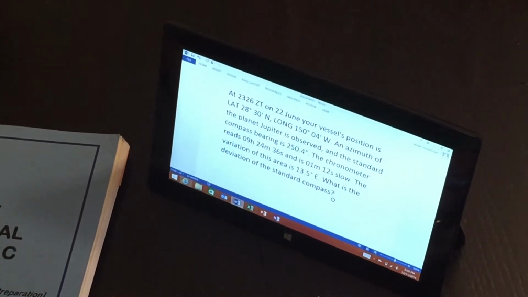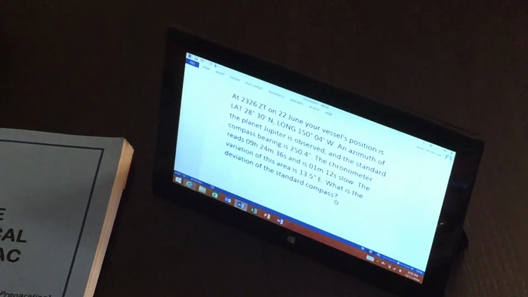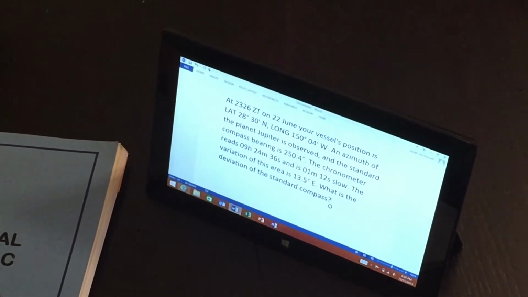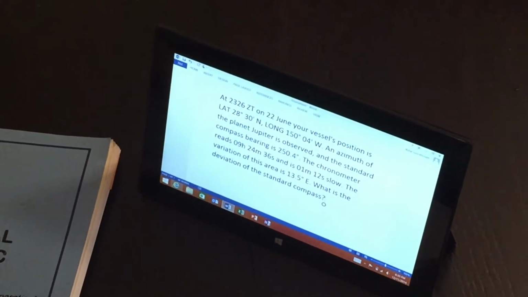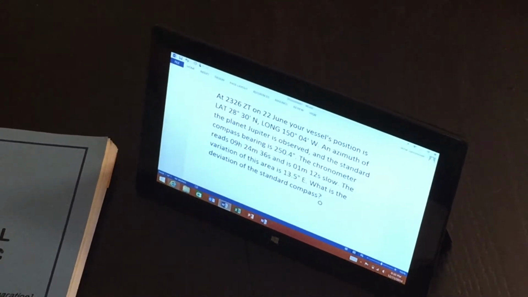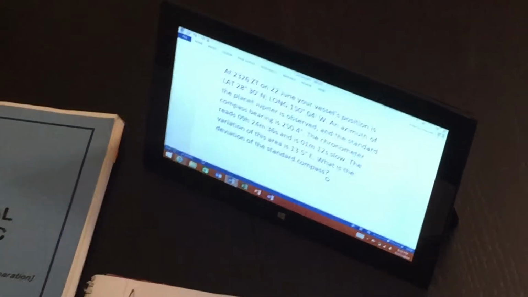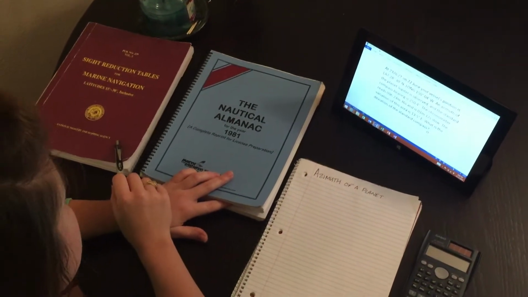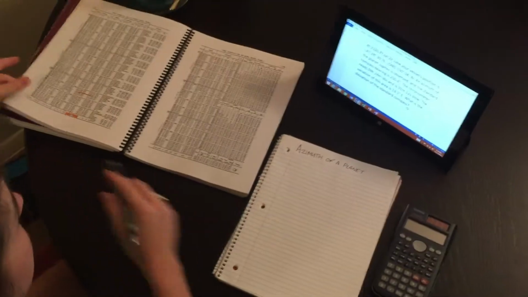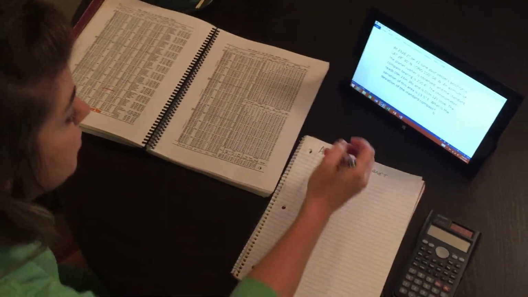The chronometer reads 09 hours 24 minutes 36 seconds and is 1 minute 12 seconds slow. The variation of the area is 3.5 degrees east. What is the deviation of your standard compass? You're going to need your nautical almanac and your 229. You're going to start off with doing your zone time